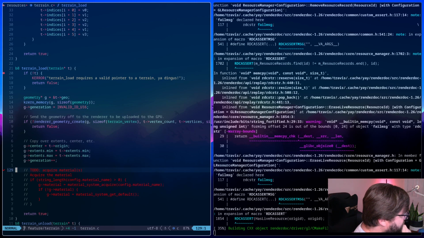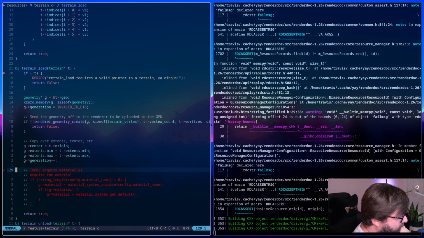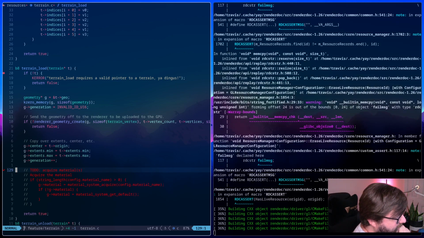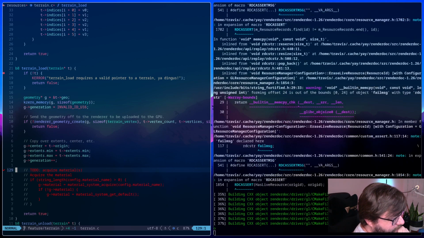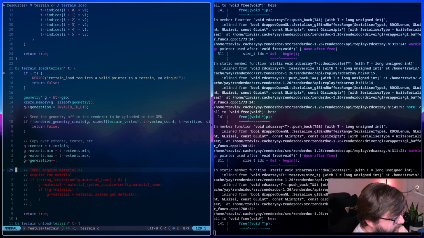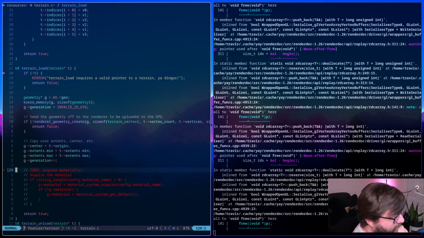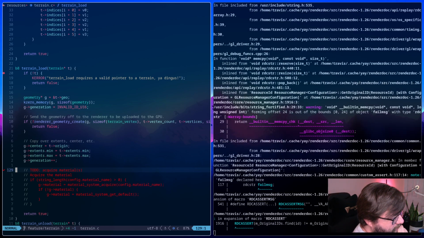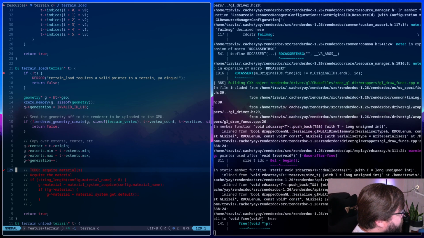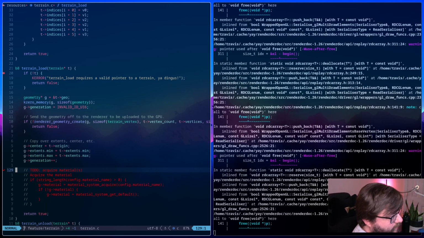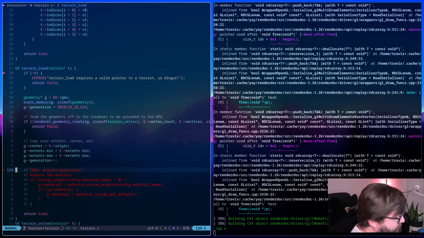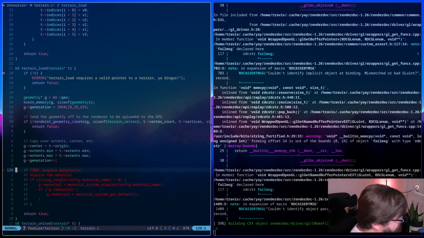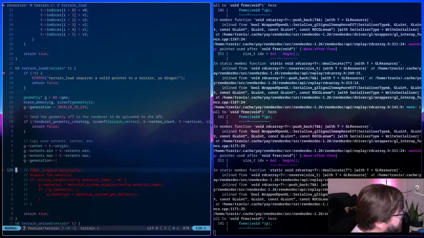Was there not pre-built binaries? I downloaded this from the AUR, so I don't think so. I maybe could have downloaded it from the website itself, but I don't tend to do that as much. Usually building doesn't take this long. I'm surprised how long this is actually taking. It might have been faster to get pre-built binaries, but this way also, if I need to tweak a setting in RenderDoc, I can actually do that. I usually just do this offline.